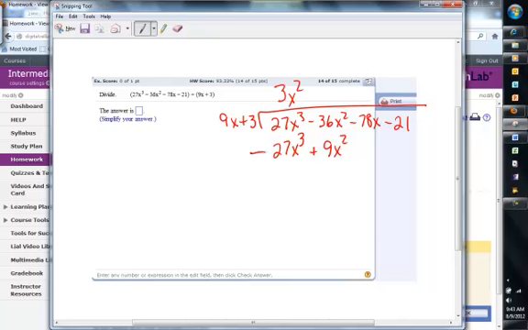So we change the signs and add them. These go away. We have negative 45x